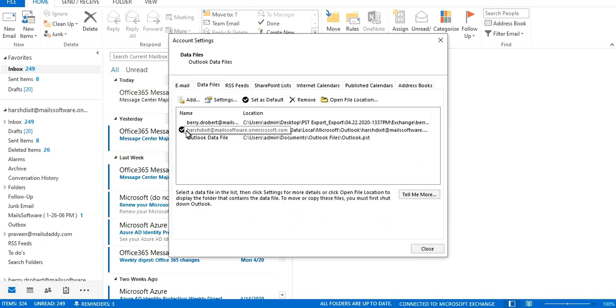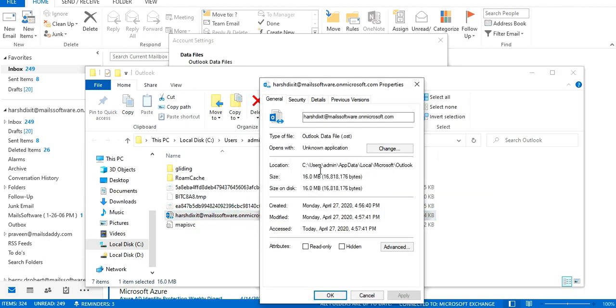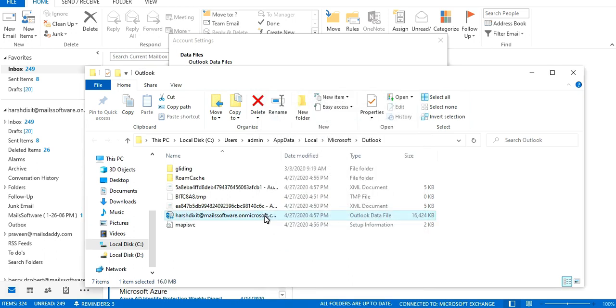From Data Files you will see this account has been selected, and in this account there is a file with the extension .ost. You can click on Open File and see it is a file with the .ost extension. In this file our whole Office 365 data has been backed up and the local copy has been stored on our machine.